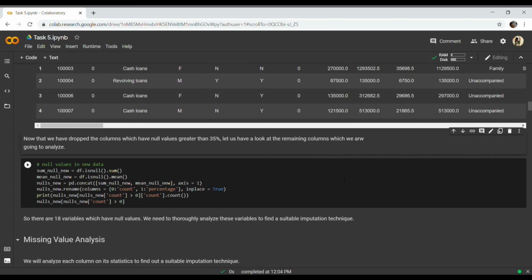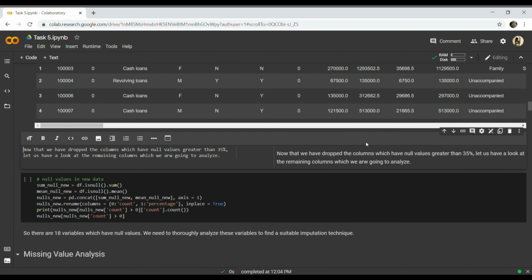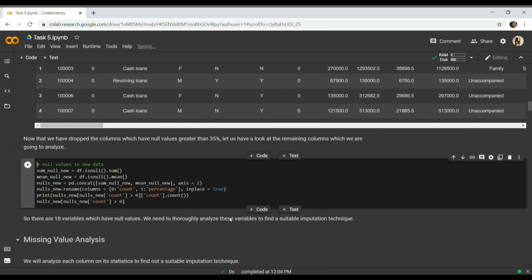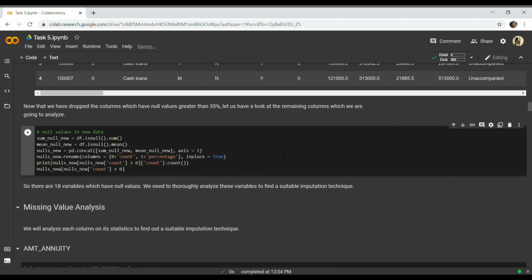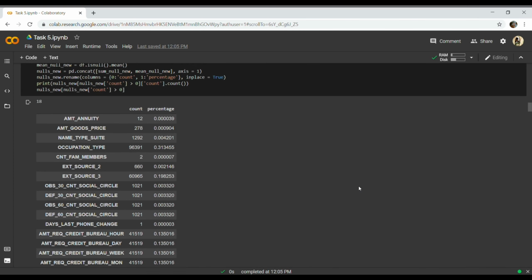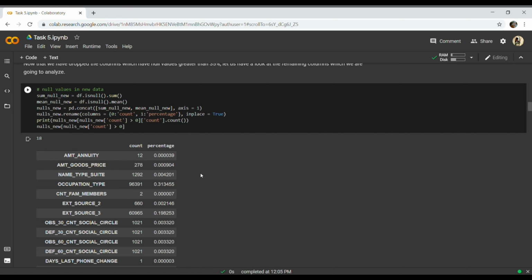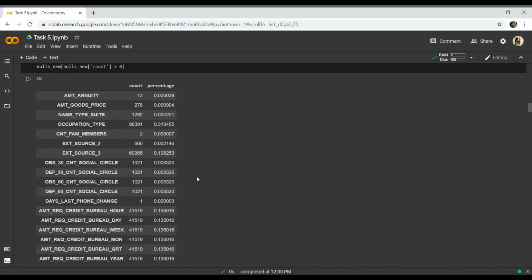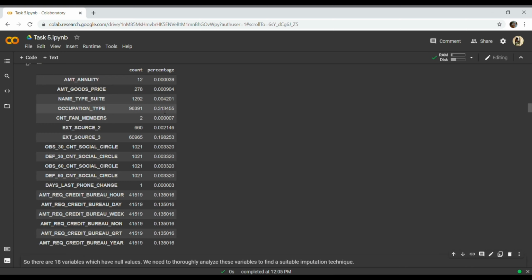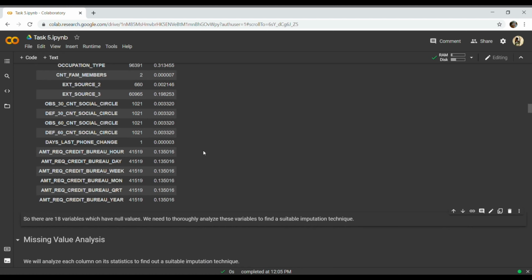So let's look at the remaining. Well, it's ARW. Nice. We need to check for the spellings also. No need to check, but we need to be careful, because if we are submitting to the higher level, it should be perfect. So let's see. There are 18 columns that still have null values, but still it's okay. We can process this. This is the highest one with 31%. Others all are very negligible. Here is 19, here is 13, and the remaining are all less than 1%. So that's a very good thing for us.